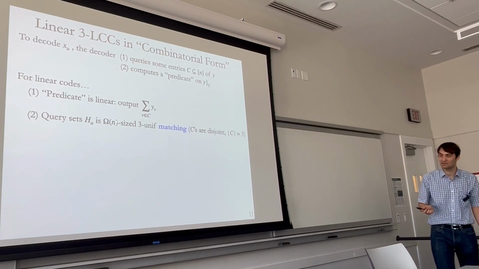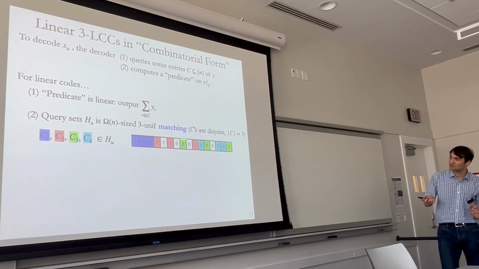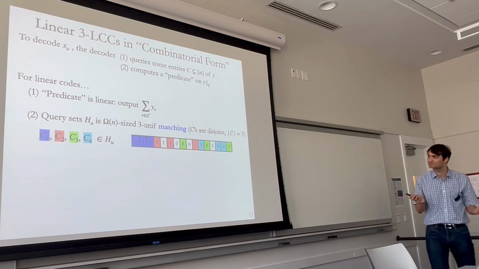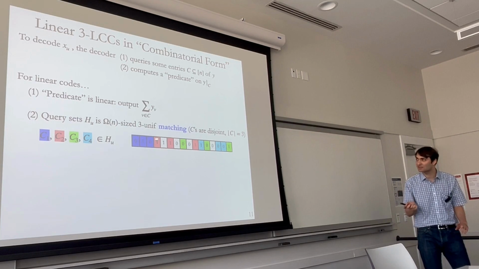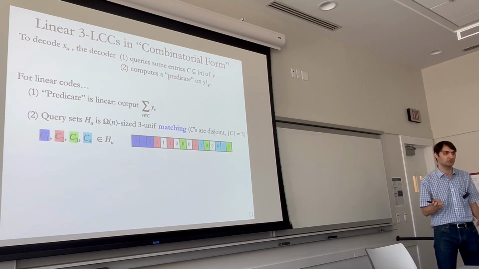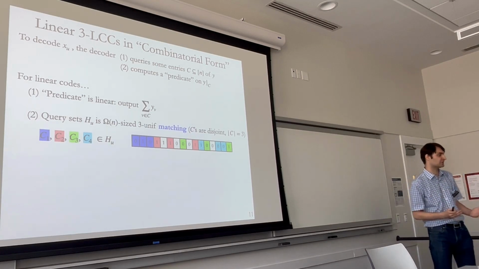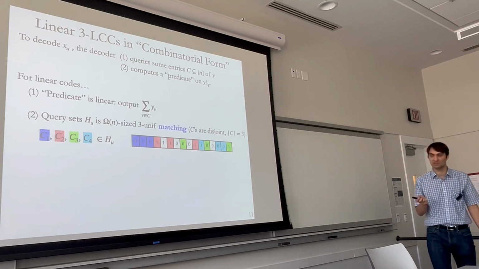And there should be omega n of them. So just to visualize this, imagine this is my encoded string, and these are 4 hyperedges in the matching. And then here I've colored the bits depending on which hyperedge they're in. Okay? So each hyperedge gets exactly 3 bits assigned. They cover some constant fraction of the total code word. And there could be some bits that are not in any hyperedge because it's not a perfect matching, but nonetheless a constant fraction of these vertices are in